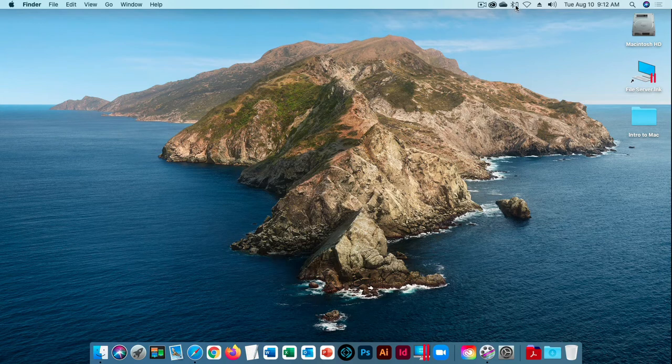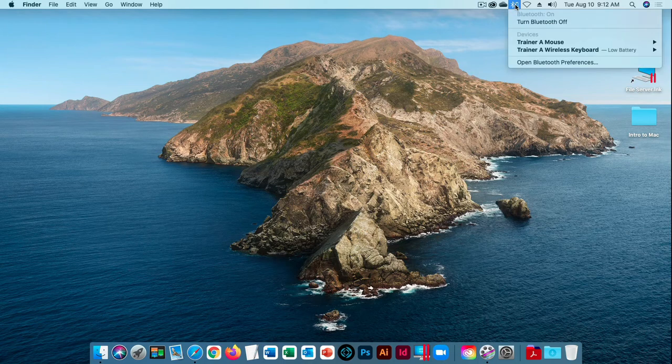And the battery icon next to it is telling me, hey Tim, you're low on battery somewhere, you need to pay attention. So I'm going to click that Bluetooth menu, and you can see that my Trainer A wireless keyboard is low on battery. It's telling me I'm at a battery level of 11%. My mouse, on the other hand, is fully charged. Fresh batteries in that one. Okay? So the keyboard